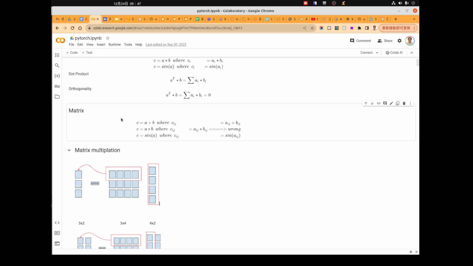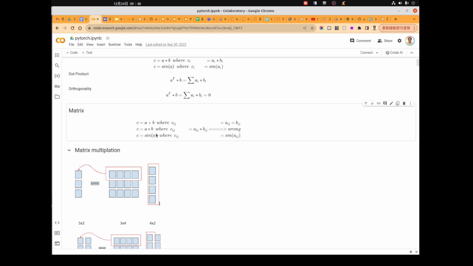Okay, so the next data type is the matrix. For matrices this is the same. We can extend the addition, multiplication, and function in this way, so there's nothing special here. The only difference is that a multiply b is different.